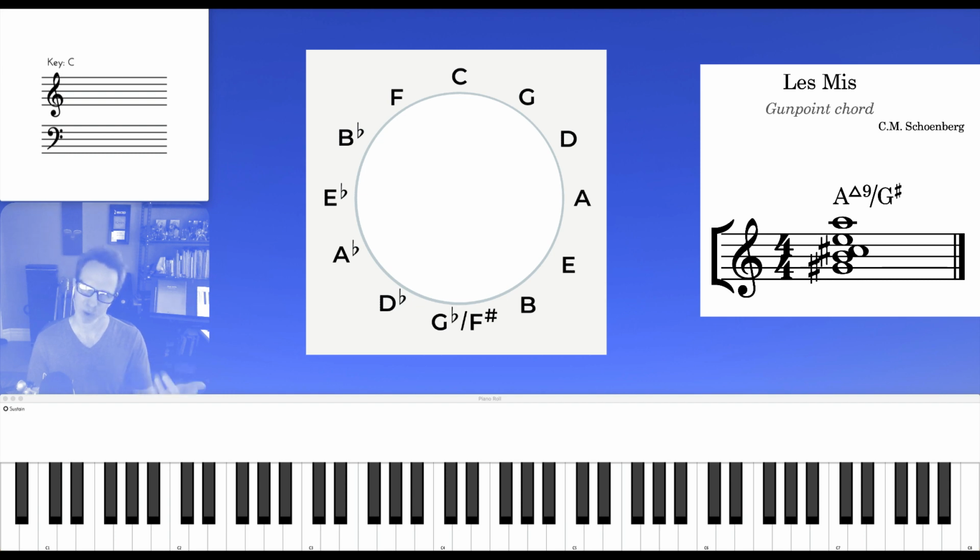We'll actually take it through the plagal cycle this time. Let's do it a little differently. So that would be A, E, B, F sharp, and so on. But with the add 9 over 7. So we're thinking of this as an A chord, even though there's an A flat slash G sharp at the bottom. So that'll sound like this.